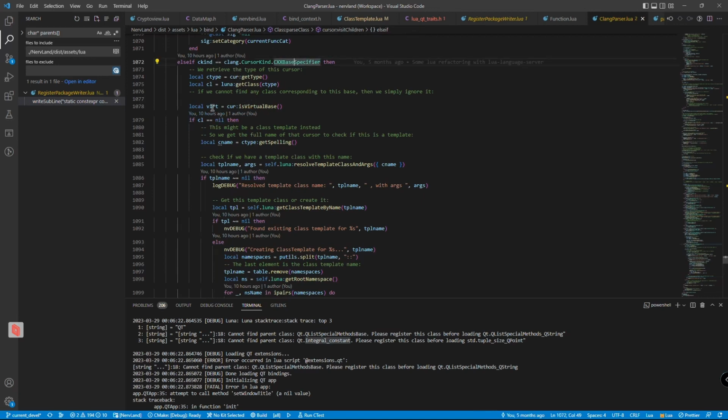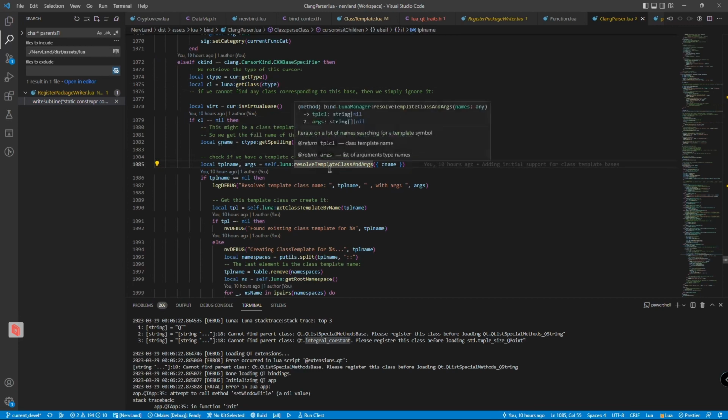So we would say, do I have a real class for that already? And if we do not, then I'm going to check if the syntax that we have is a template name. So we could have something like what we have for the